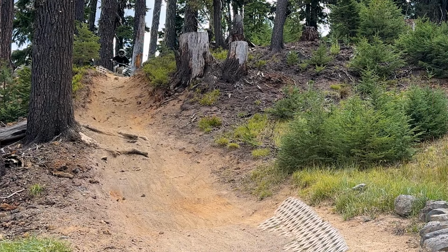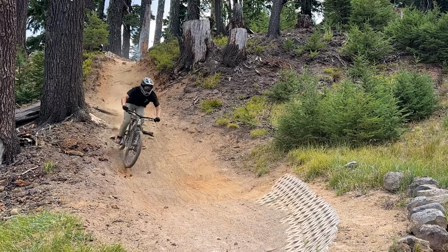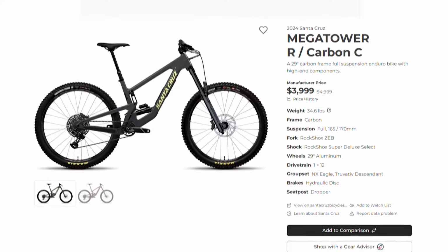Enduro bikes are better and in a lot of ways more diverse than they've ever been, and I think it's only fair to compare it to a bike on either side of the enduro spectrum. We'll go ahead and start off with the trail side of things. The bike I want to compare it to here is the Santa Cruz Mega Tower, or more specifically, the Mega Tower R, which at